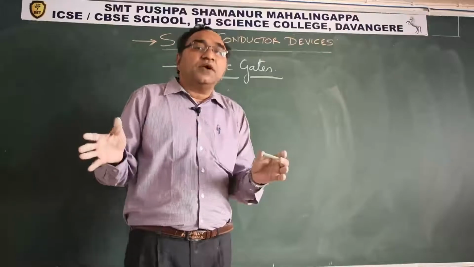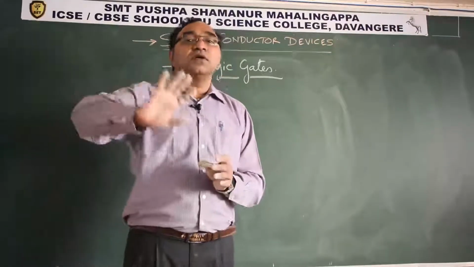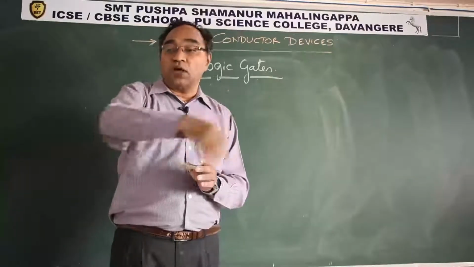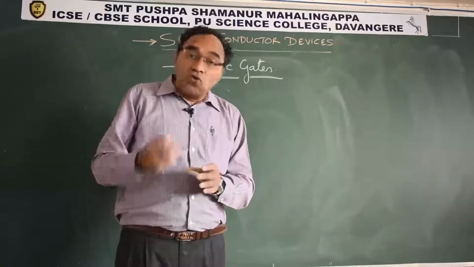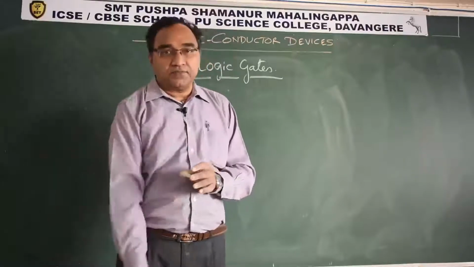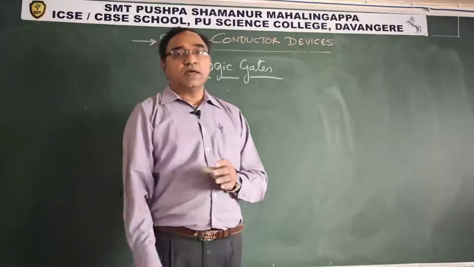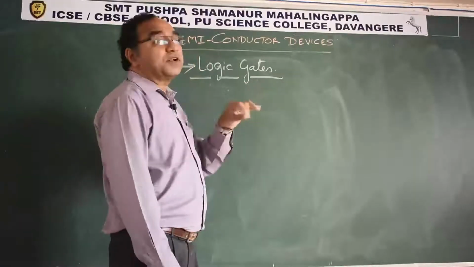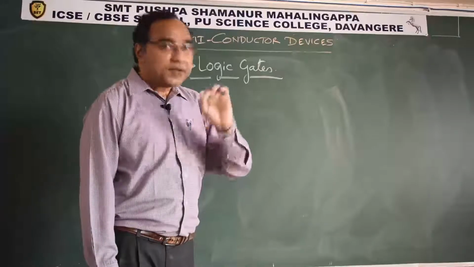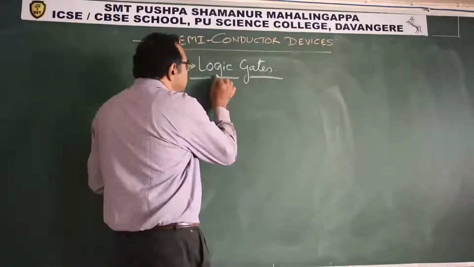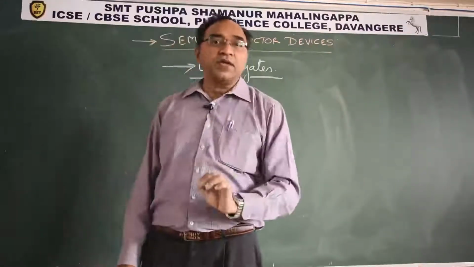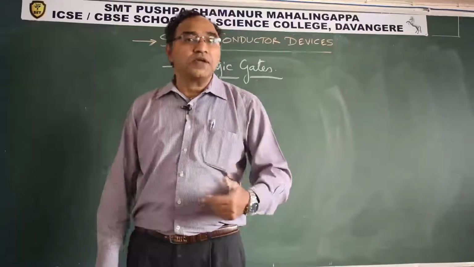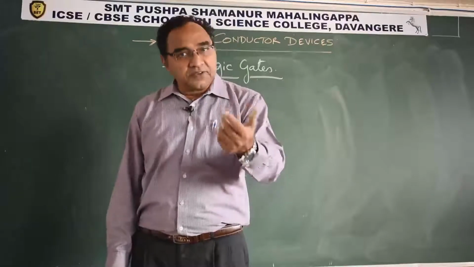If the arrangement says yes, current is allowed, the system is in forward bias. The PN junction, the diode goes in forward bias, it allows. If the logic says no, it will suddenly go into reverse bias. It will not allow current. This is logic. So for a gate, the entry and exit of current in a circuit is controlled by logic. Such an arrangement is called a logic gate. This we are achieving by using diodes and transistors.